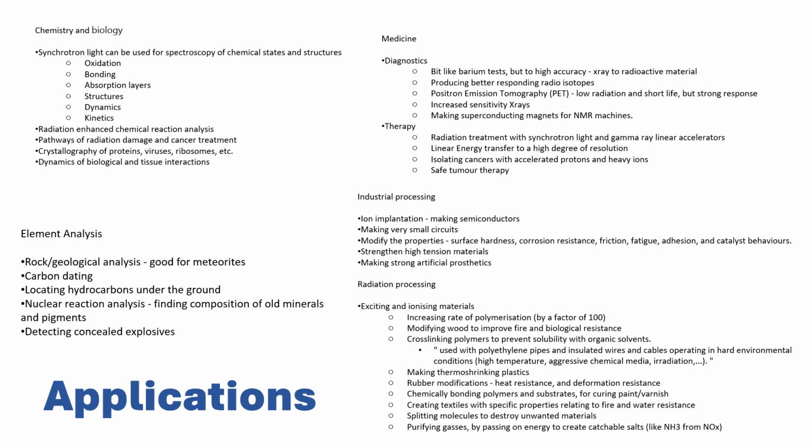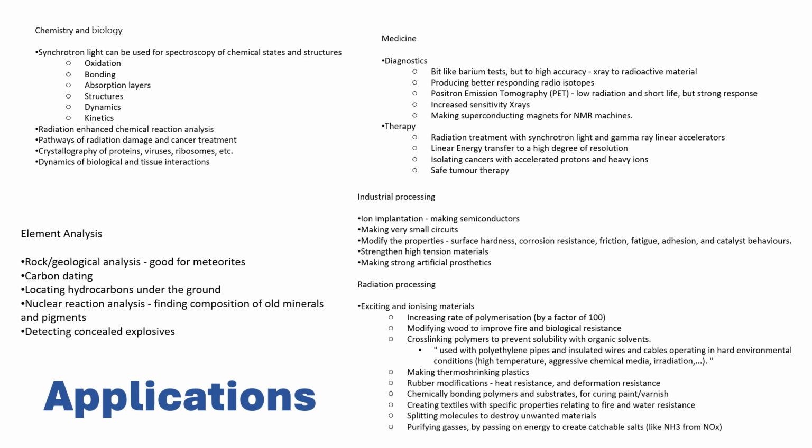We can cross-link polymers to prevent solubility with organic solvents. This is used with polyethylene pipes and insulated wires and cables operating in hard environment conditions, high temperature, aggressive chemical media. Irradiation is also used for making thermo-shrinking plastics, making modifications to rubber, so that's heat resistance and deformation resistance, chemical bonding polymers and